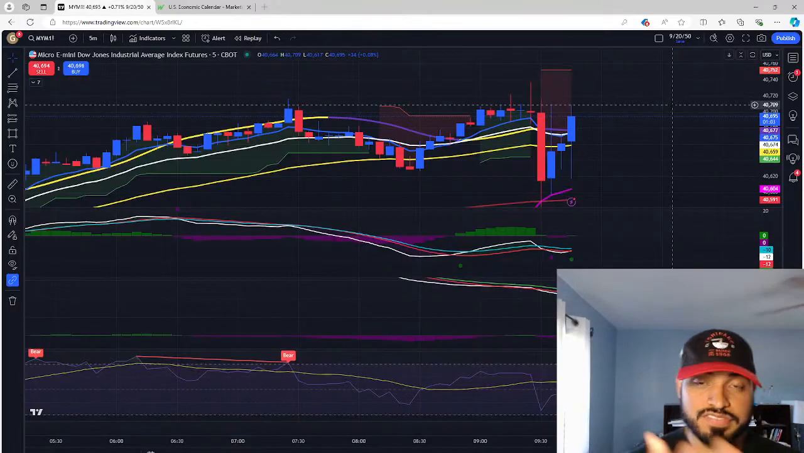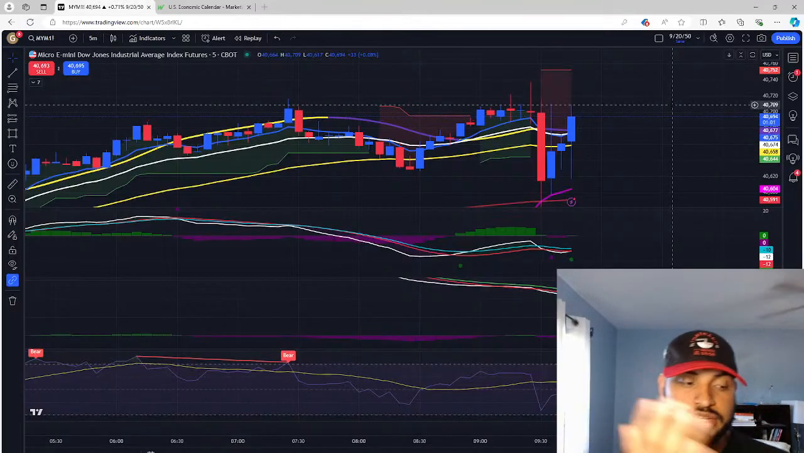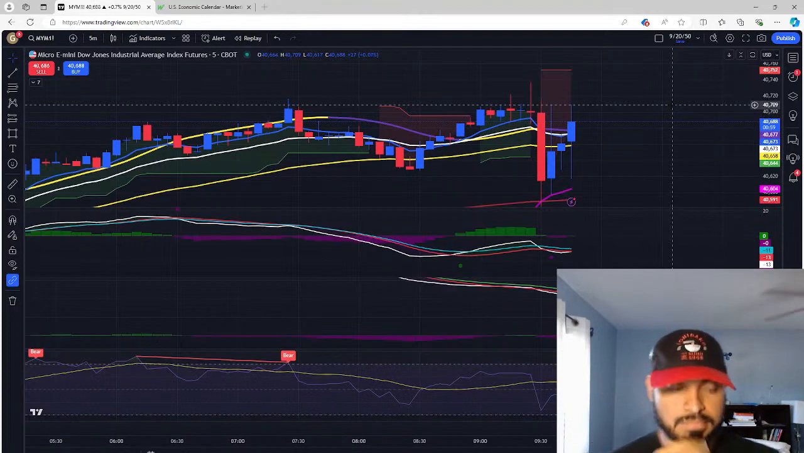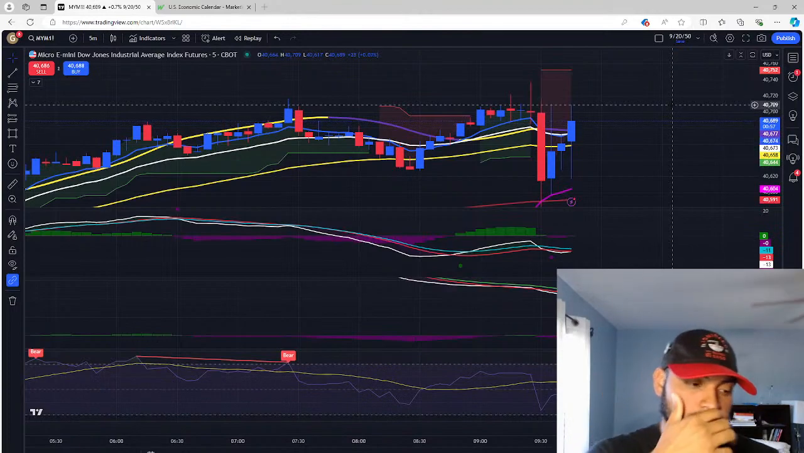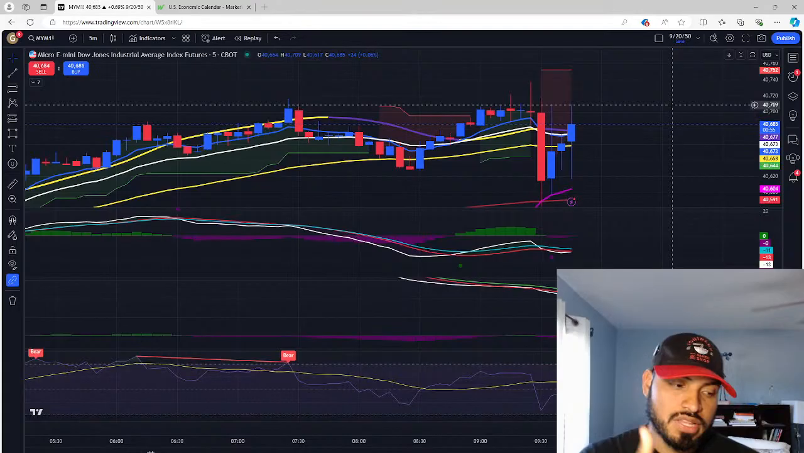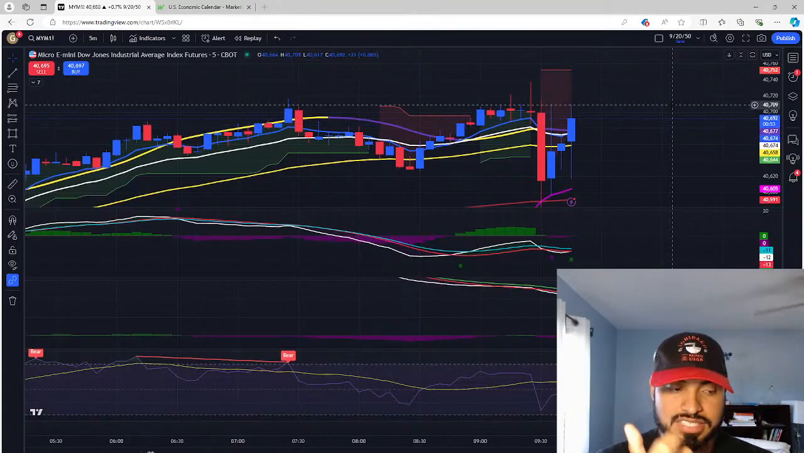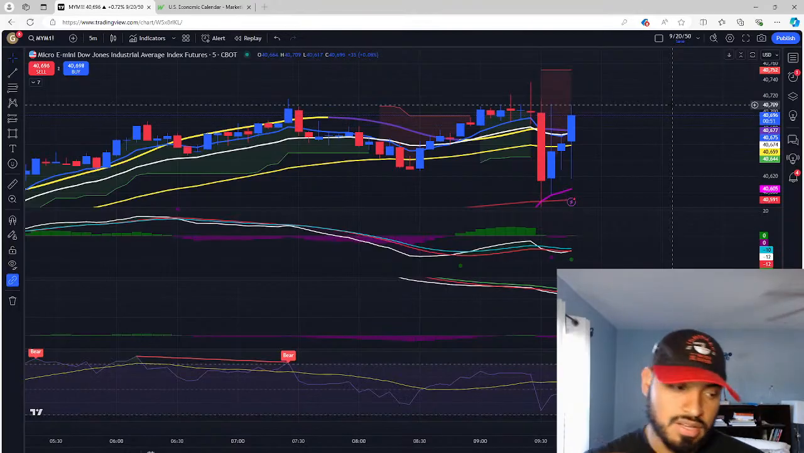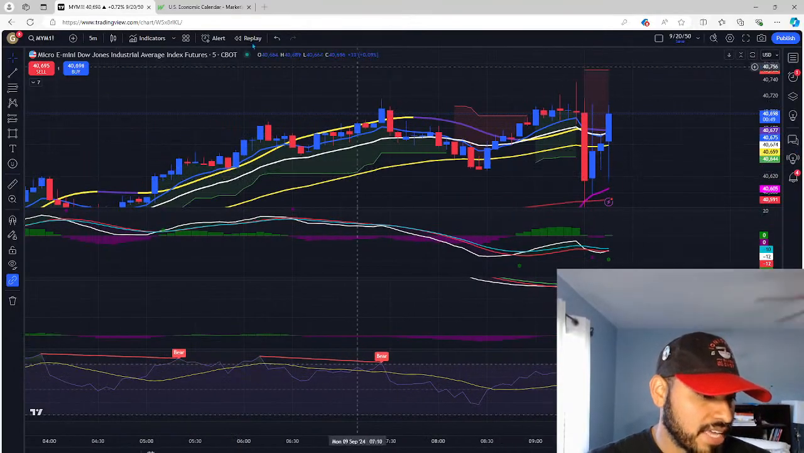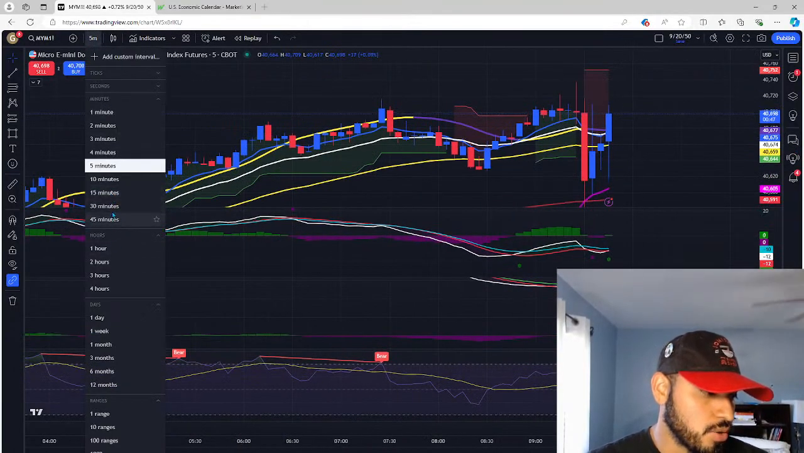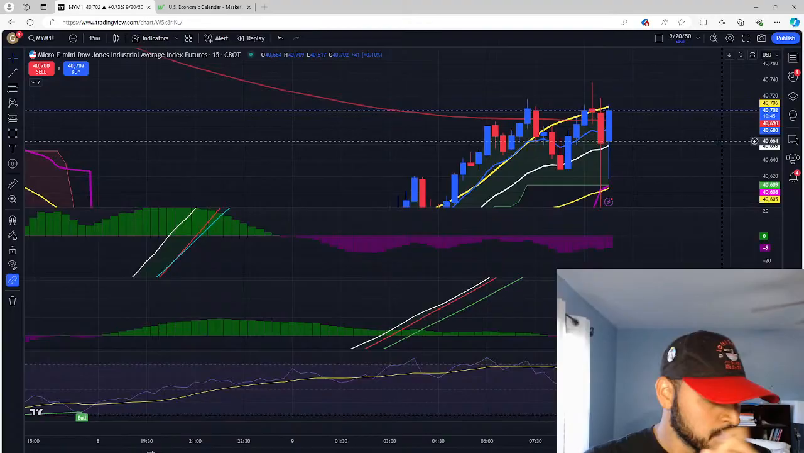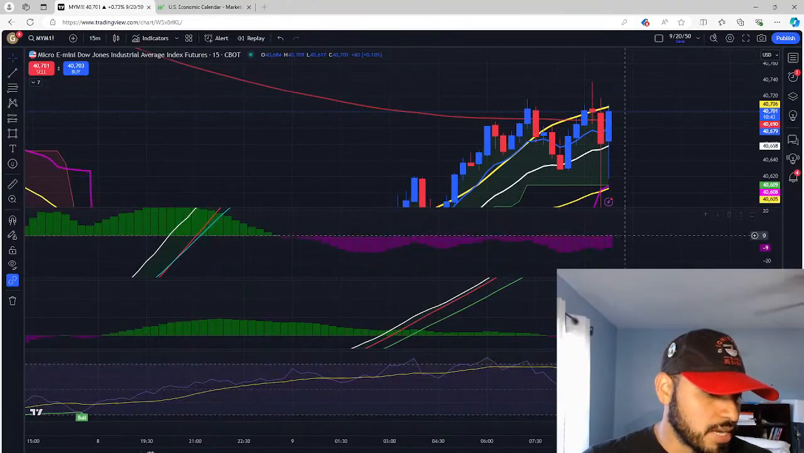Because the MYM moves faster than M2K. M2K follows MYM. Majority of the time it does. So this play right here looks like it's developing faster than M2K. So hopefully what I can see. Oh wait, another thing. It looks like we're trying to break